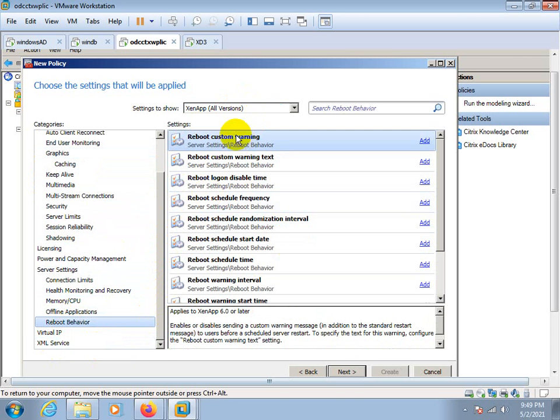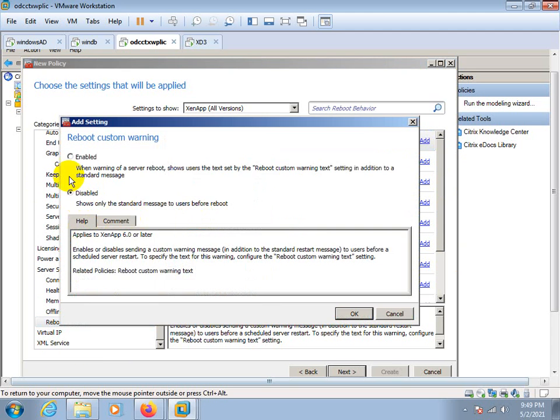So it's a reboot behavior. In reboot behavior, we have these types of policies available. First, reboot custom warnings. Add, enable. Custom warning means enable the reboot custom warning text setting.